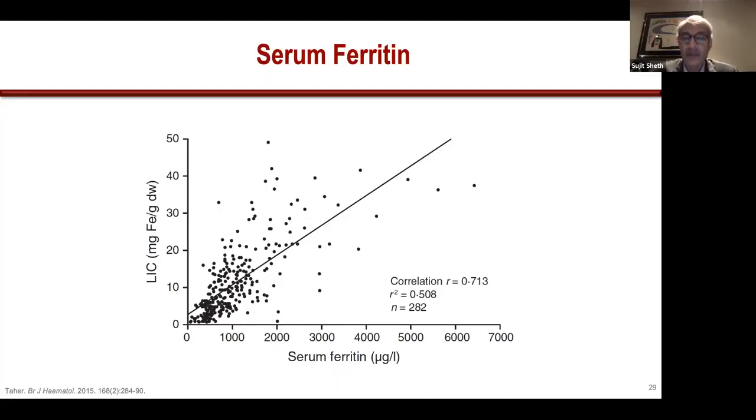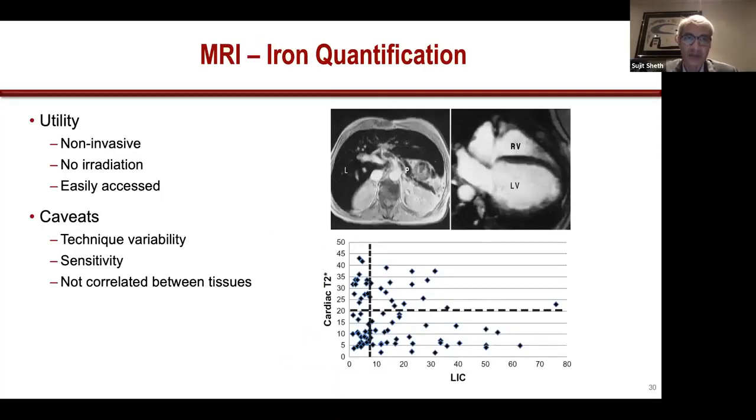You might use it to follow trends and see, if the trend is going up, you might say, I might need to increase this person's chelation therapy, so let me do an MRI. Ferritin is also affected as an acute phase reactant, so again, not very reliable if you have a fever, or some other kind of infection or inflammation in your body. So it's something that we still use, but only really to see what the trends are, to determine when to do another MRI and then decide what to do with an individual's chelation therapy.